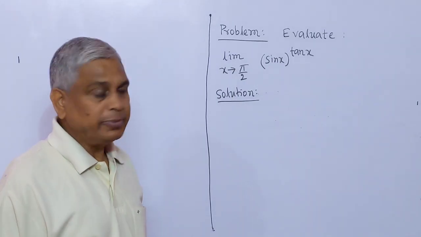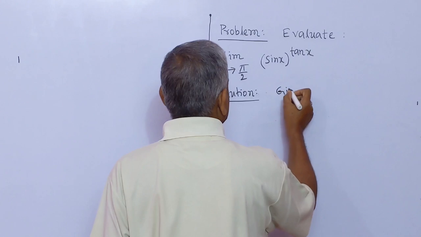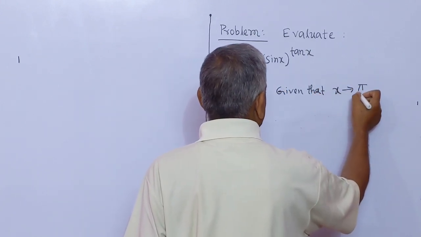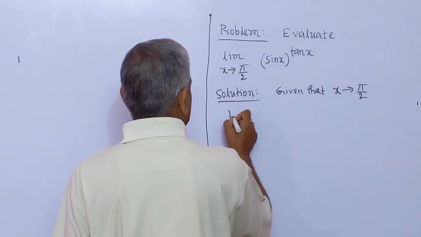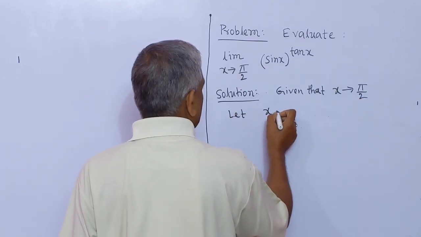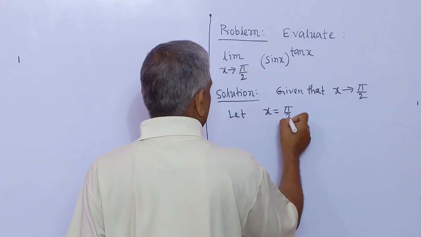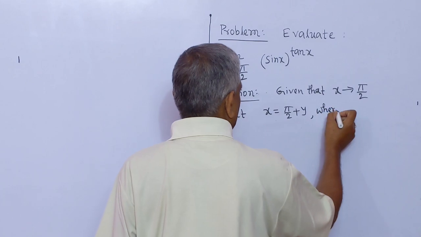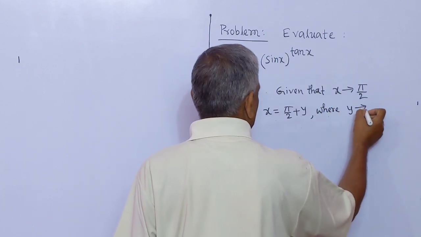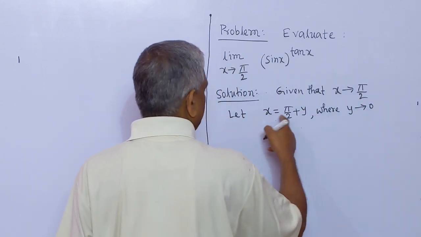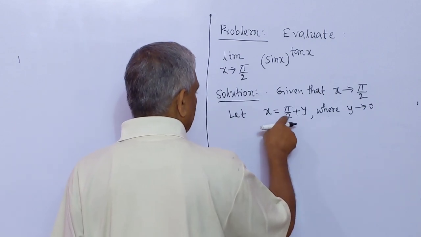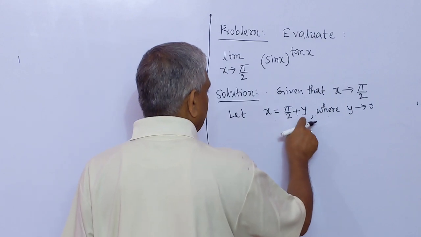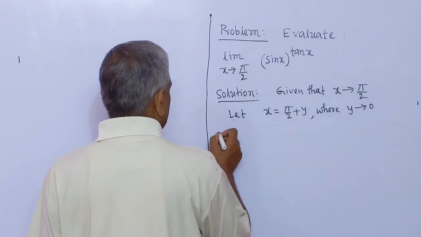Now we solve this. Given that x tends to pi by 2, let x equal pi by 2 plus y, where y tends to 0. Since x tends to pi by 2 means x is very close to pi by 2, the value of y will be very close to 0. Therefore,